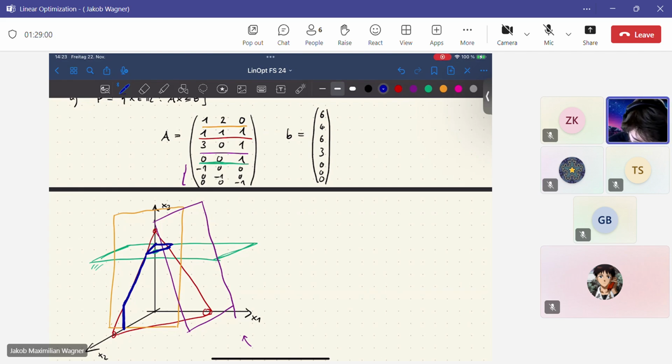I probably should have drawn this a little bit better. The orange plane goes like this, and so we follow this until here,